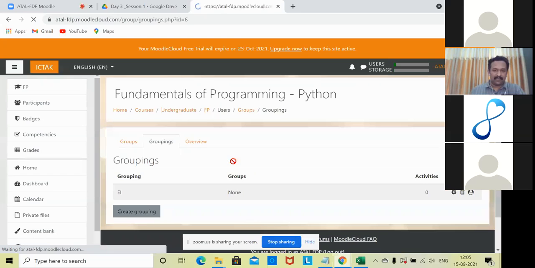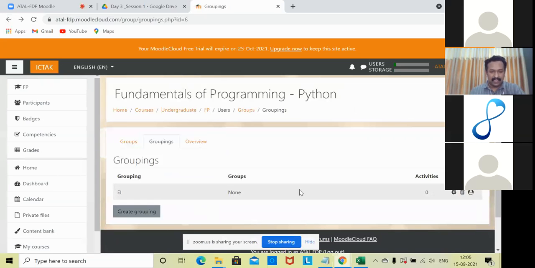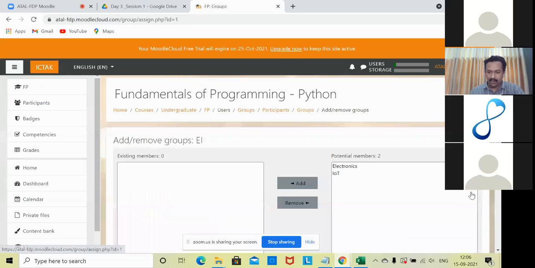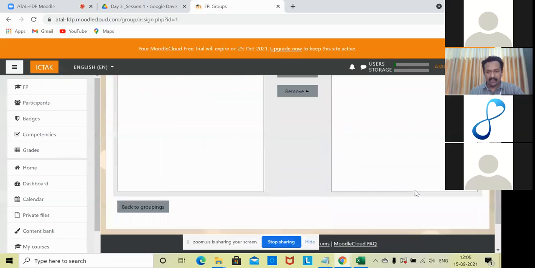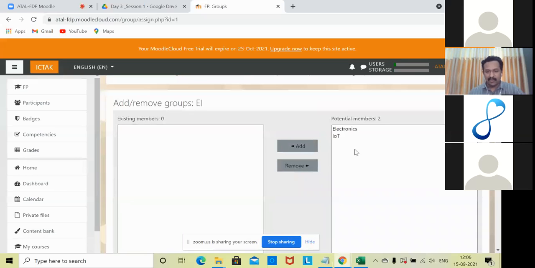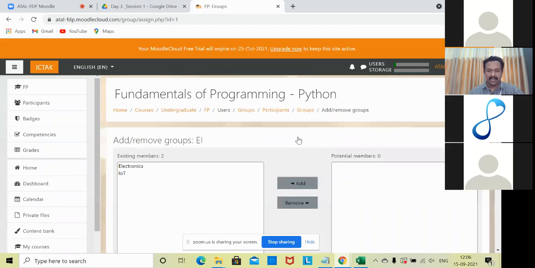Let's say as of now we have the groups. You can move to the edit option here. You can click on the icon here, the show groups in grouping icon. Just click here. Instead of members, it will be listed only with the group names. Let us assume that we are selecting both the groups together as we discussed.